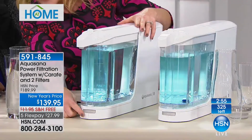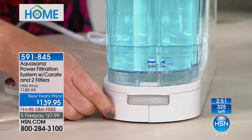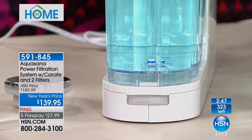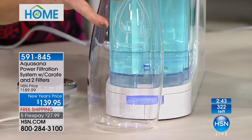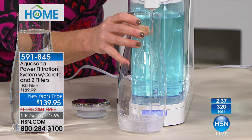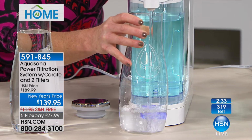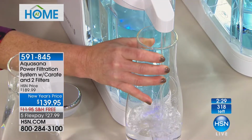I do want to point out the light on the front, though, because not only do you have the app, but you also have the option to see that when it is blue, it is ready to filter, and when it is yellow to red is when your filter is wearing out. So you don't have to sit around and guess. You see how that light just turned blue as I started to filter there? That shows me the filtration is working. So I know that it's put together correctly. All you do is snap on the plastic dispenser. It's certainly not difficult to use,